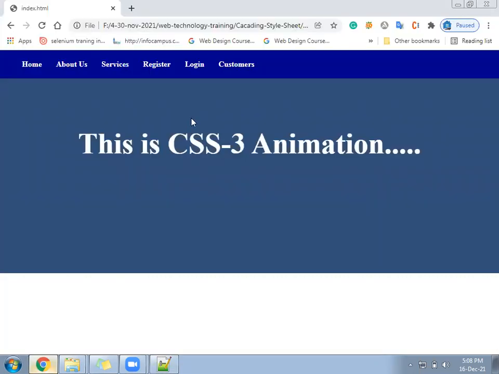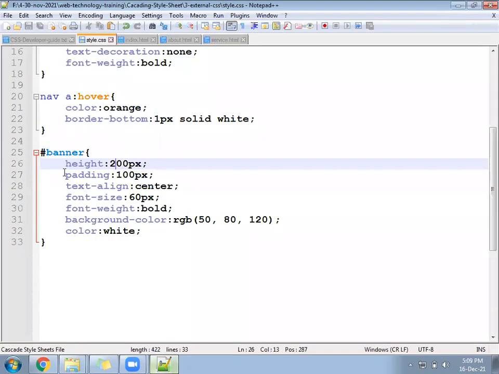The padding main formula, why do we forget? When we say only padding, in your mind it should come. It is going to leave from top, from left, from right. How much? 100 px. So here you have written the padding 100. That means from left, right, top, bottom will be 100 pixels.